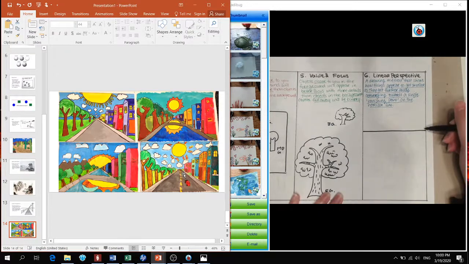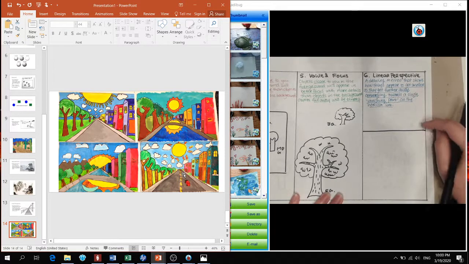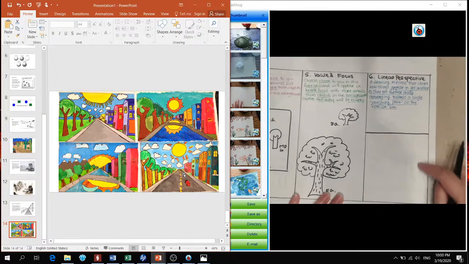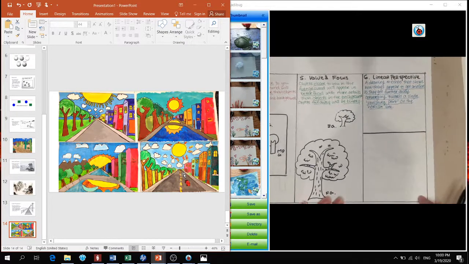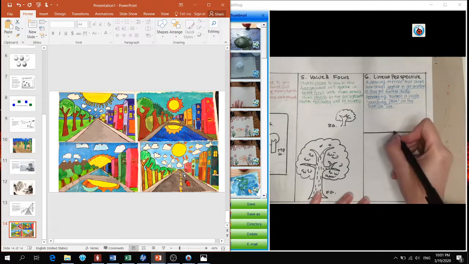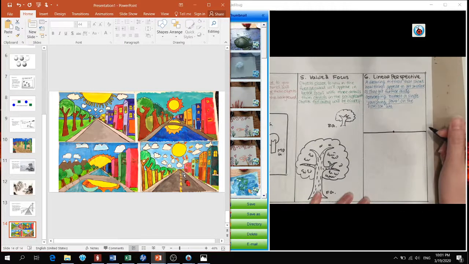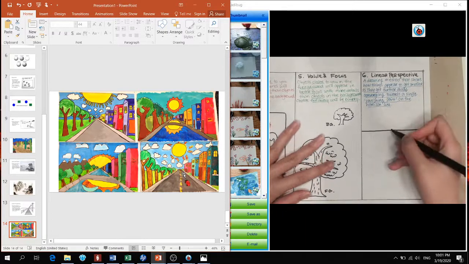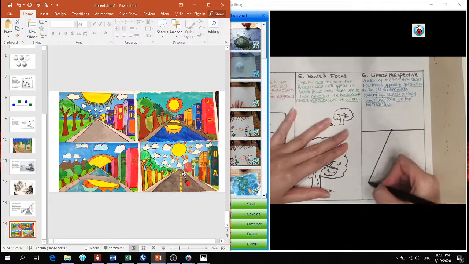And I know that this is going to be the sky. From here up is the sky. Or if there are mountains I want to draw, they will be on this line. And from here down is anything that's on the ground. After that, I am going to place my vanishing point on the horizon line. Then I'm going to draw 2 diagonal lines